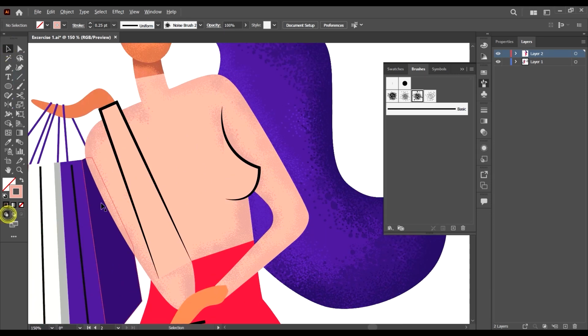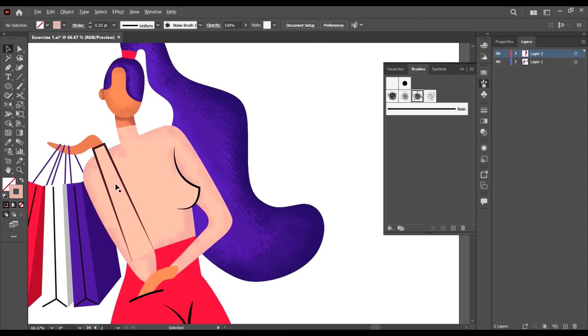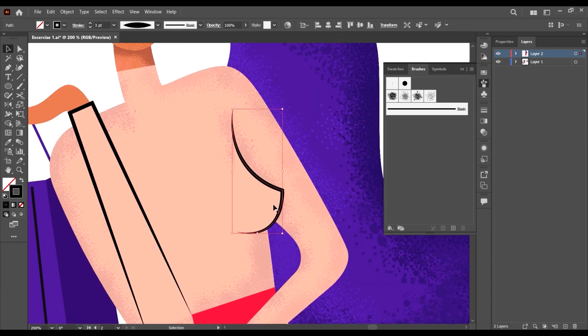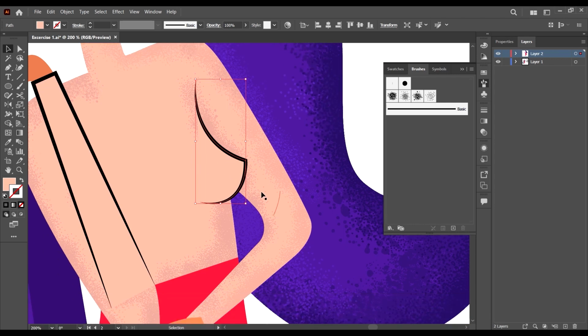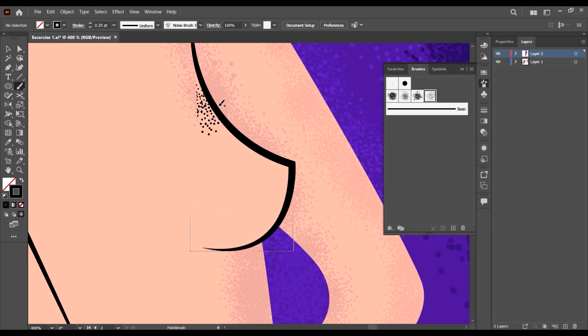Go out of your shape and select the next shape. I'd like us to work on the breast. So remember, we have the breast stroke and then the breast shape. The shape has no stroke. Okay, so it's the shape we are going to be drawing on. To select the shape, go inside, select your brush tool, select your preset, and select the stroke size, and then just